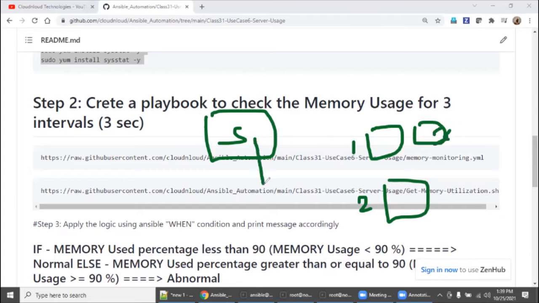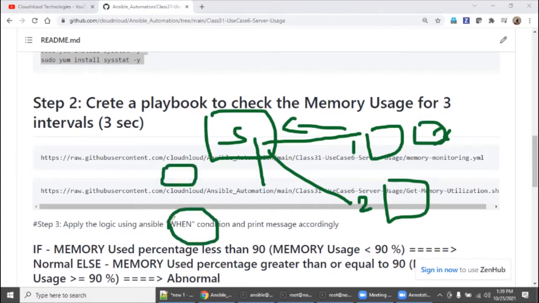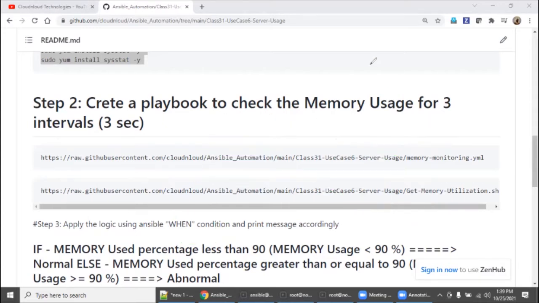So when I execute here, it has to contact node 1, it has to contact node 2 and trigger back the usage. If it is less, then print it. If it is huge, then also print the message. If you want, you can add mail or trigger or store. So you can develop further, but I'm just giving you an idea.